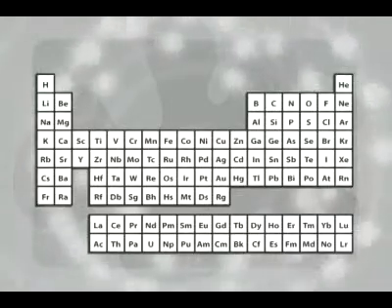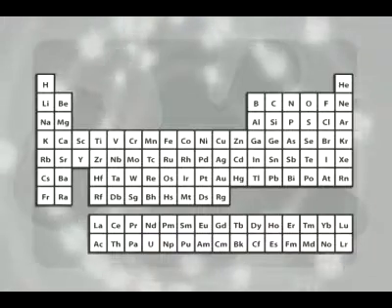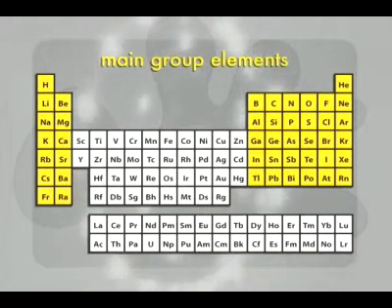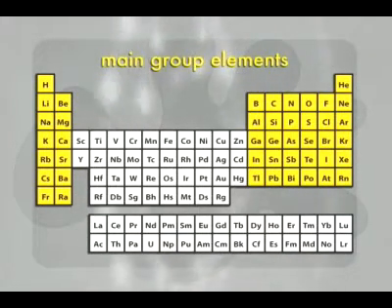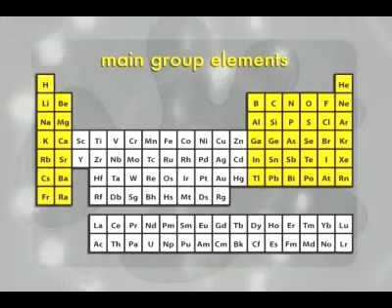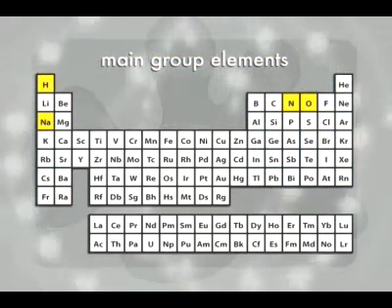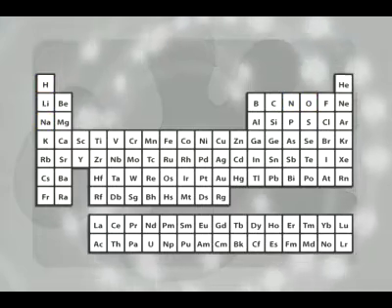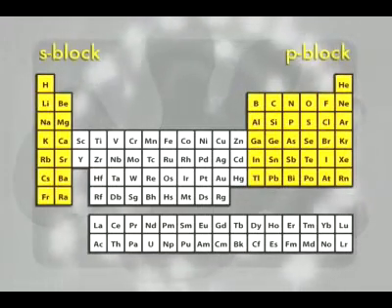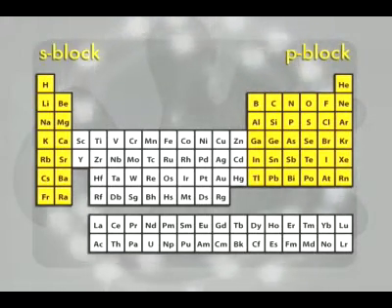Now let's look at the big picture. First of all, there are three main sections of the periodic table. The big sections on the far left and the far right are called the main group elements. They're the most common elements on Earth, like hydrogen, oxygen, nitrogen, and sodium. The main group elements are also called the S block and the P block, and you'll see why in just